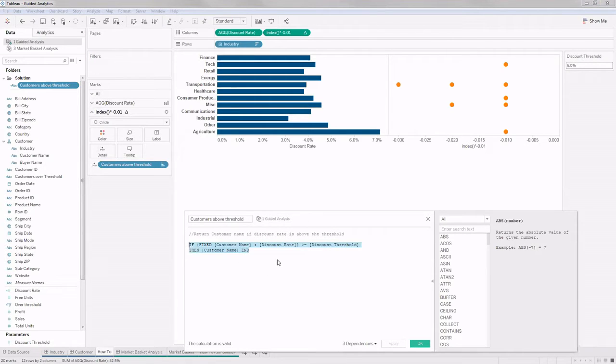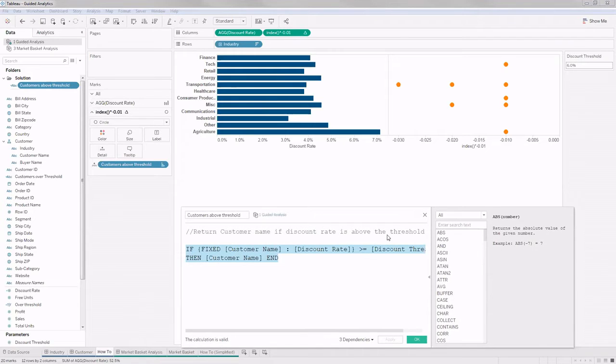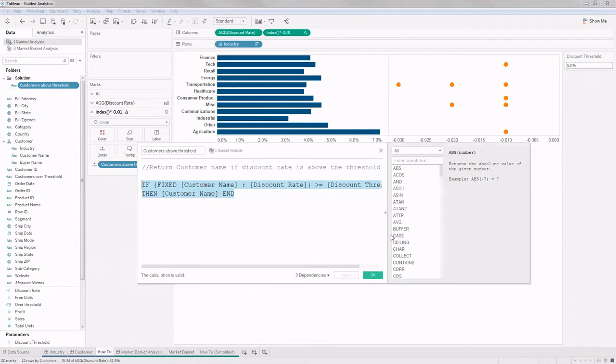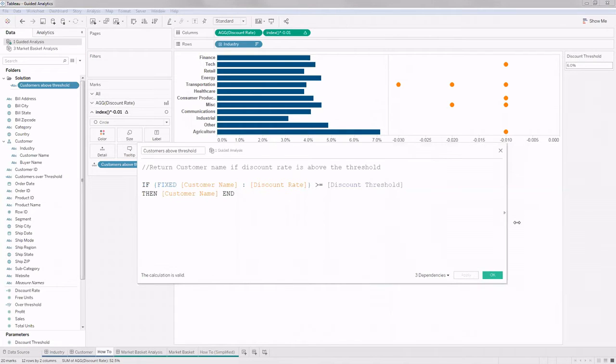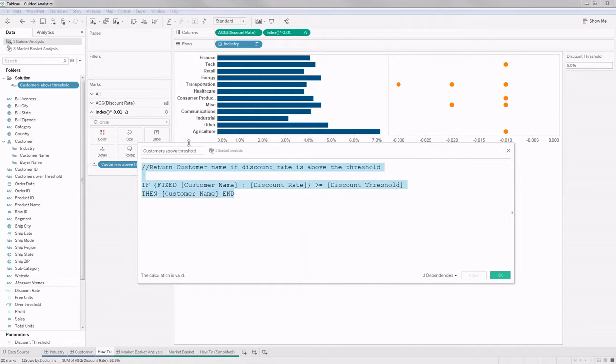Since my visualization is at the industry level, I'll have to use a fixed level of calculation to get my calculation at the customer detail. So for each customer, calculate the discount rate. If the discount rate is greater than the threshold, then only give those customer names. So this kind of calculation will give us all the customers in each industry who are popping out our threshold value.